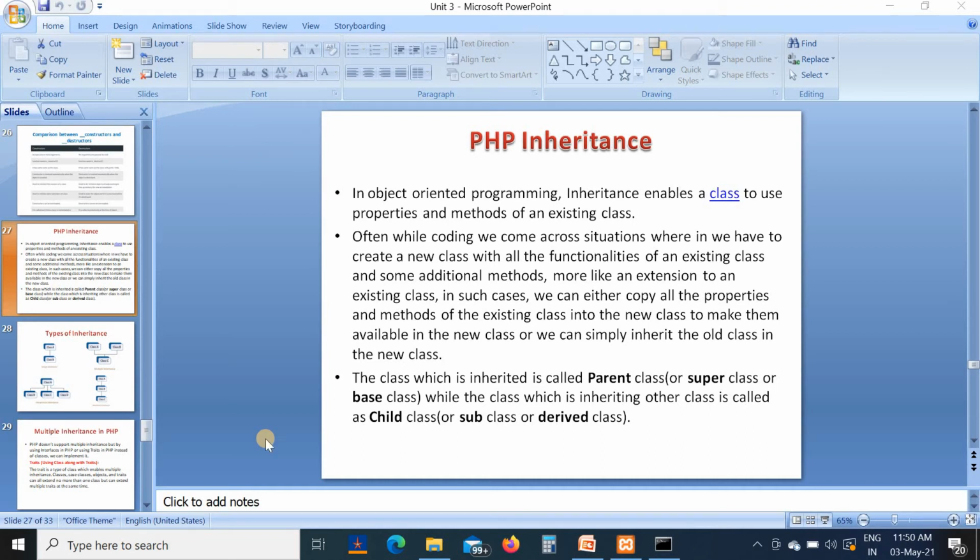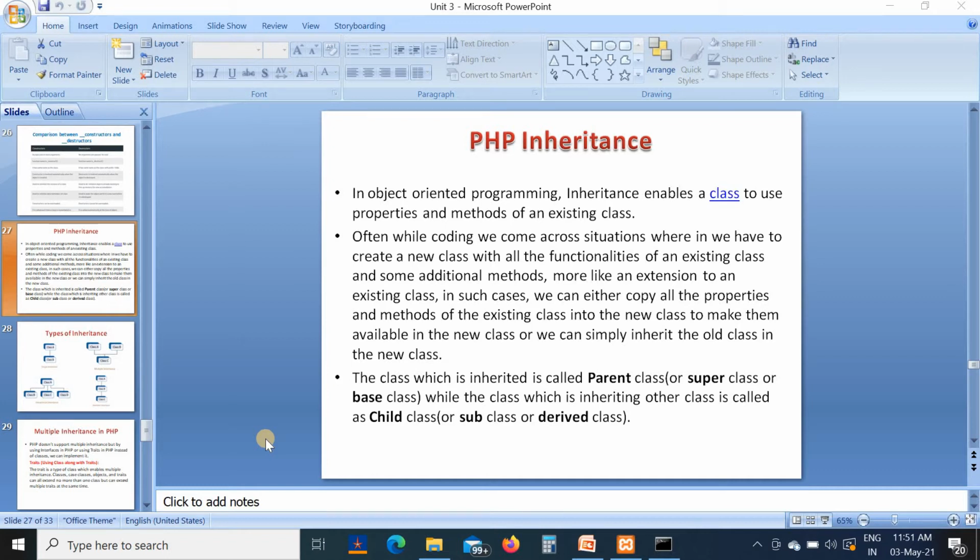Good morning, students. In the last lecture of web application development using PHP, we discussed the concept of constructor and destructor. A constructor is a special member function whose task is to initialize the object of a class. Opposite to that, destructors are used to destroy the objects that are created by a constructor. Whenever we create an object of a class, the constructor is automatically called.